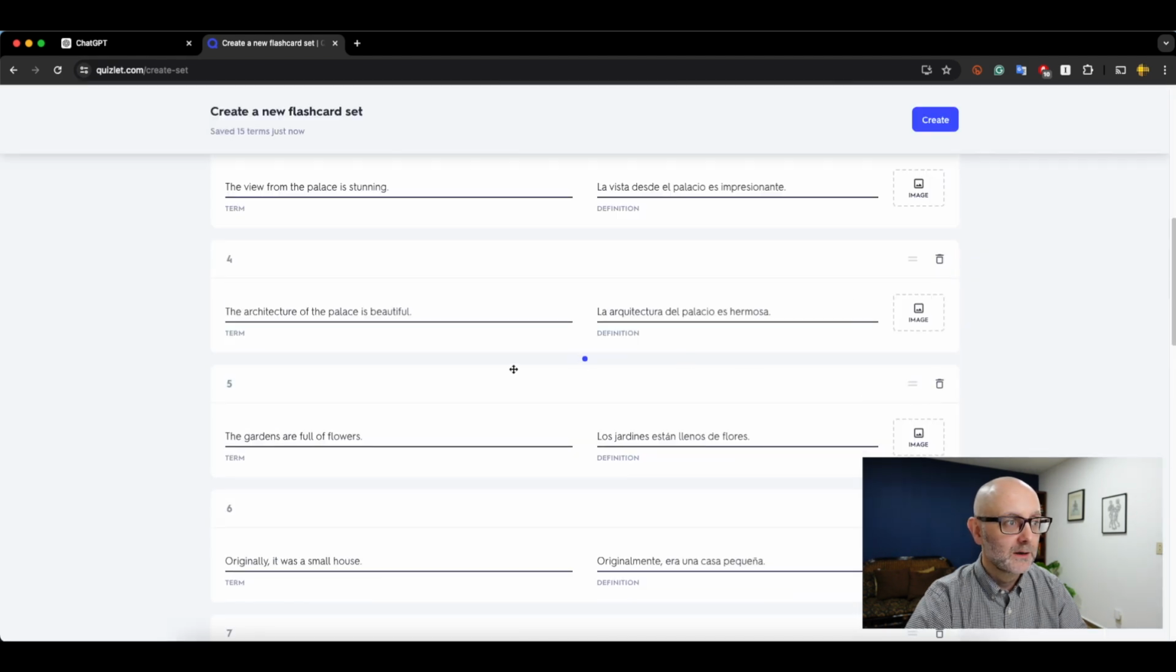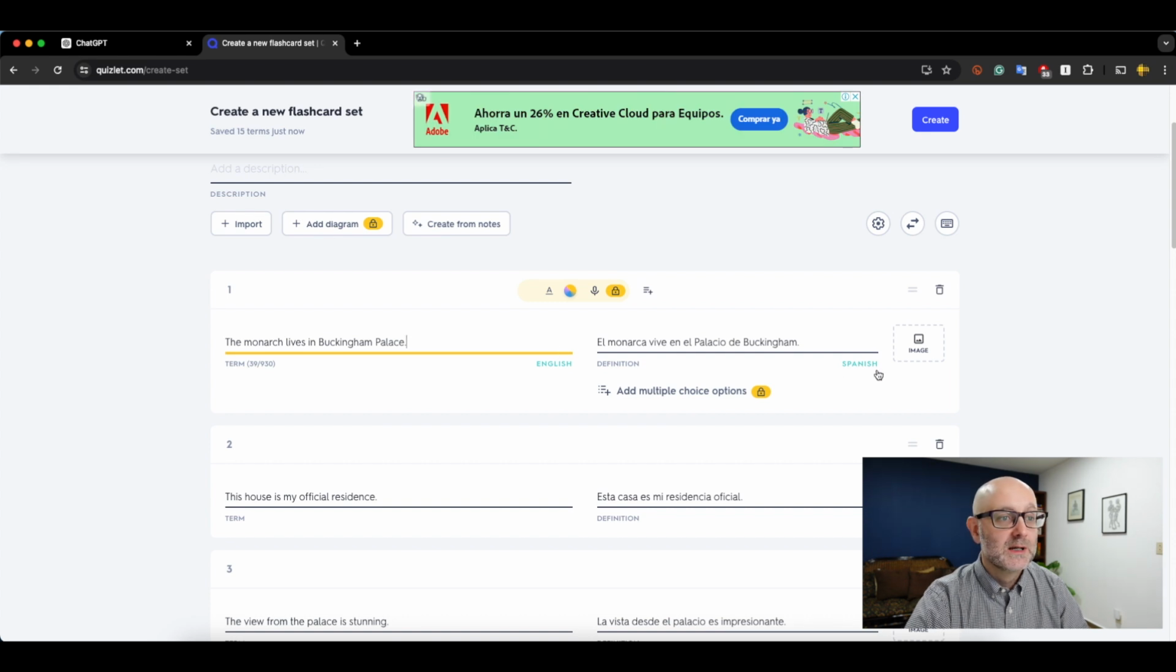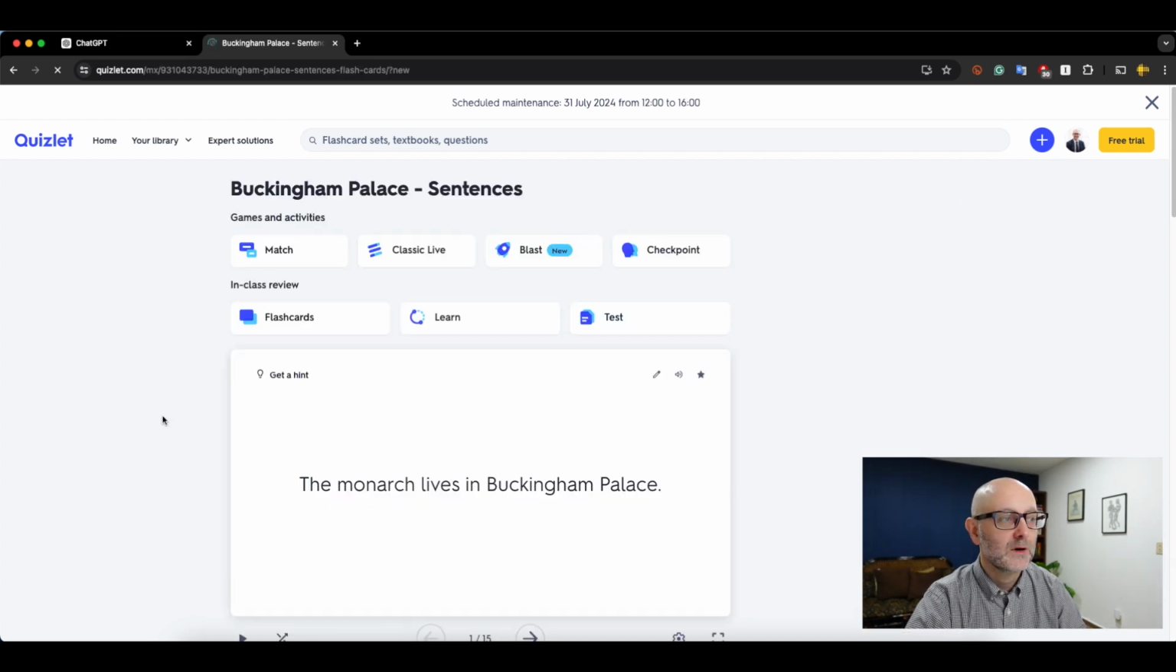Click on import. Again, I need to identify the language being used. It's understood the languages here, so already it's got English for this sentence, and these sentences are in Spanish. So we can click create up here. And again, we've got our list that we can work with. If we go into flashcards,